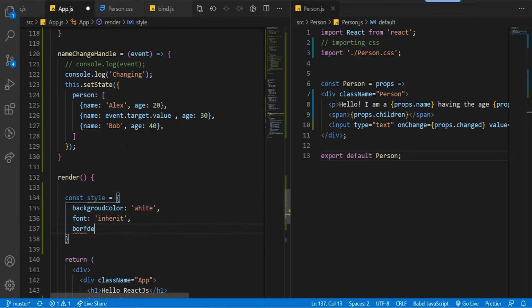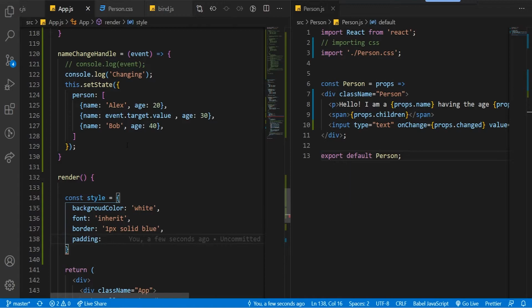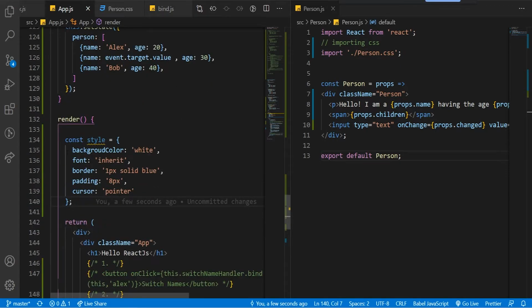Then border I will give 1 pixel solid blue. Last but not the least, padding equals to 8 pixels and cursor should be pointer. So as you can see, we have created one object and this object is having key value